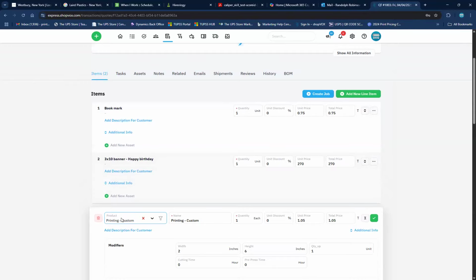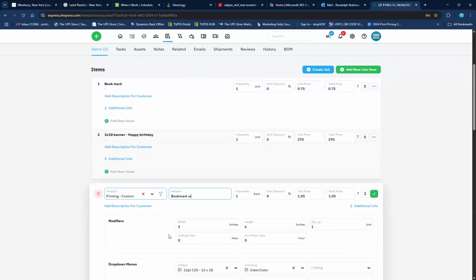When you're using your gold product, it will put that product name here. But really, what are we selling? We're selling a bookmark. And I guess that's one word, isn't it? It's not two words. So we're selling a bookmark, and we'll just say with logo. And if you want to put more description in here, maybe what the message is on here,